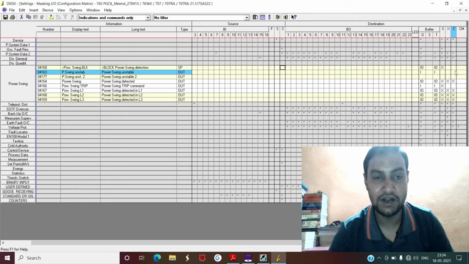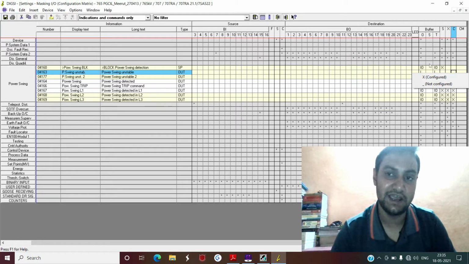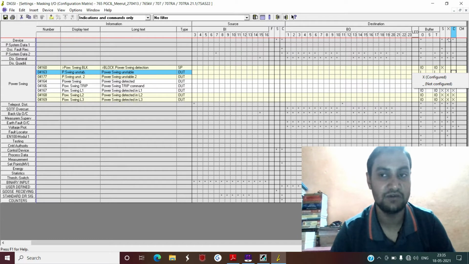So now if you want to use this signal for creating some logic, what you have to do is just right click here and select this as configured. Once you select any signal in the destination side of the CFC, that signal will be available to you as an input in the CFC chart. I will discuss this in detail in the next session. Right now we are limiting ourselves only up to here.